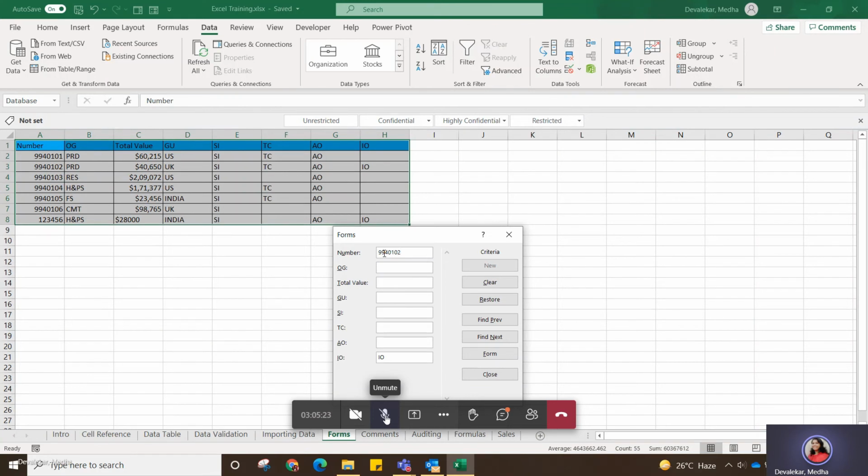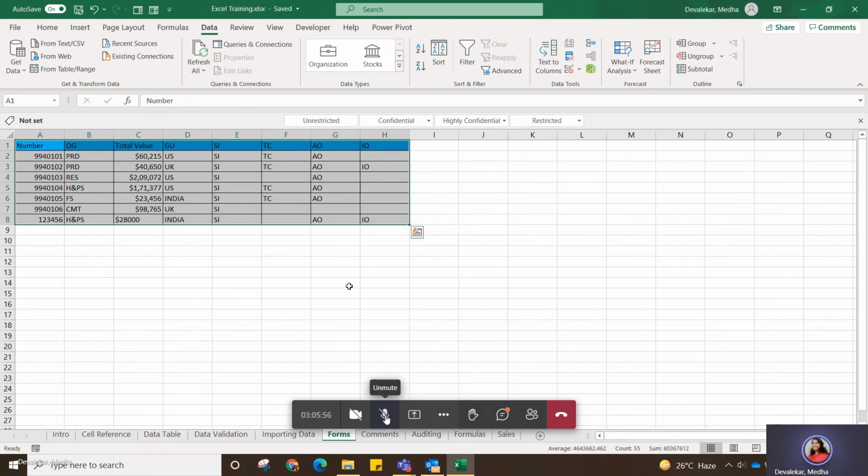You might know exactly what the product number or order number is that you want to find. Then PRD, and then you can find next. Okay, sorry, it's not happening the way it's said. It should show that particular record. There might be a possibility that I have only a few records, that's why it's not searching.